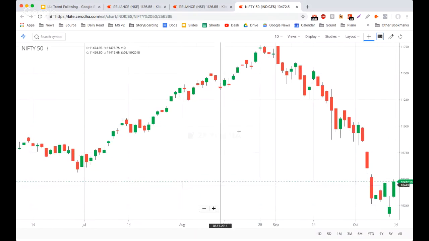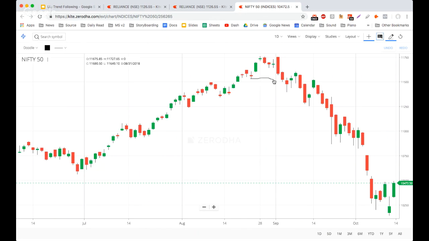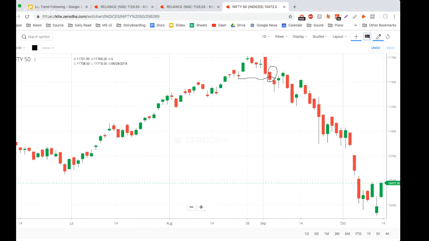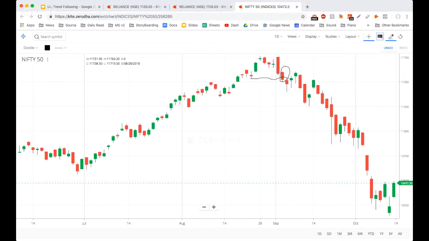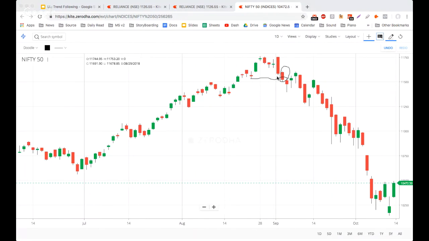And now you tell me, we are in an uptrend. Does everyone agree? Does everyone agree that a swing low was broken here in September by Nifty? Do you all agree? That's right here, right? This red bar broke the swing low. And what happens when a swing low breaks in an uptrend? The uptrend is in danger, right?